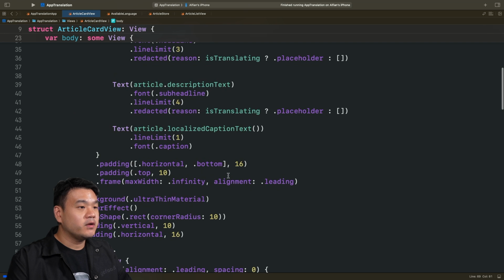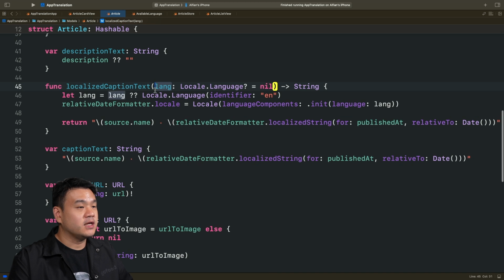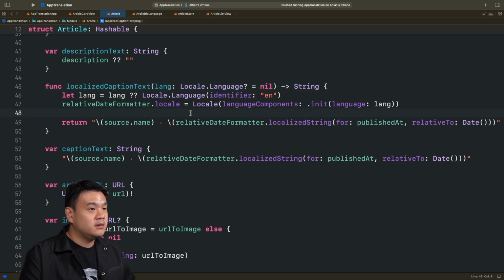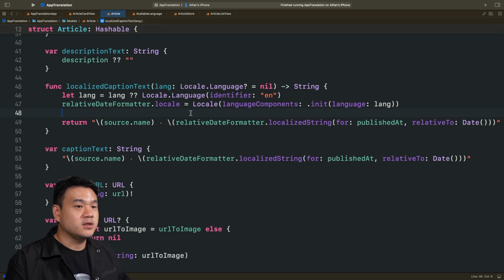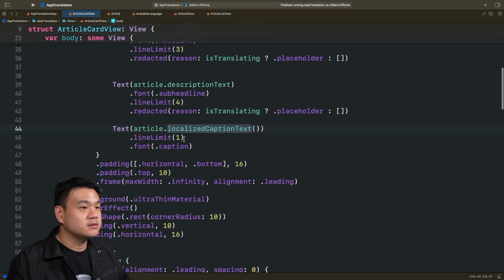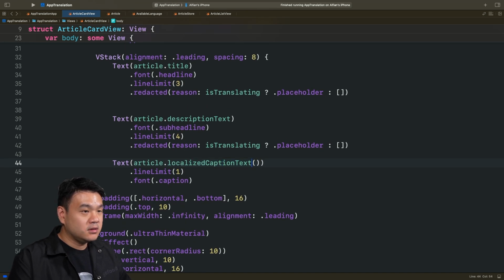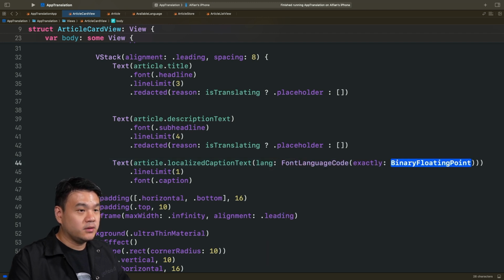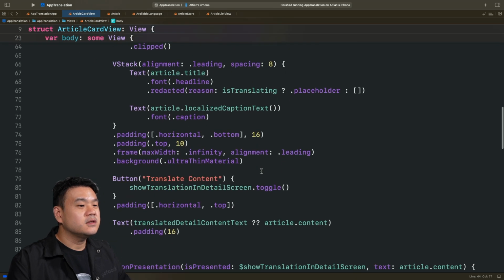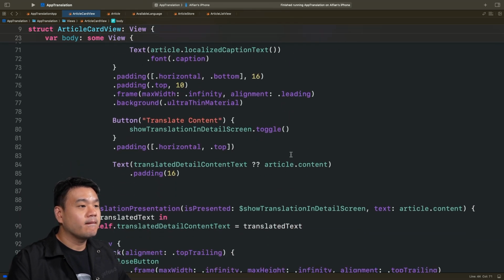Okay, and for the language, so to display the caption, actually it already has this localized caption text. So it accepts an optional language, nil is default. If this is nil, it's going to use just English to display the published at time, for example 2 days ago, 3 days ago. Okay, so we just need to pass this language. Okay, add this lang and pass the language. Okay, this, and there's also one from here,